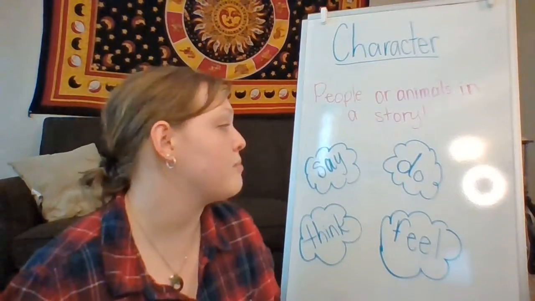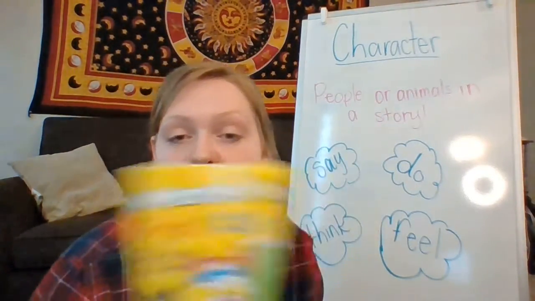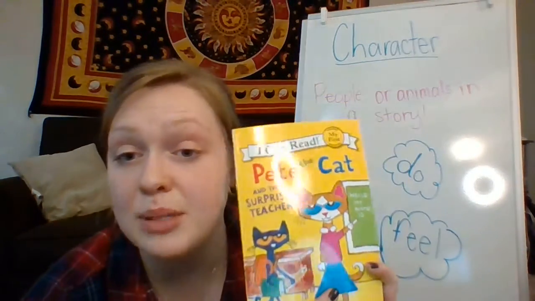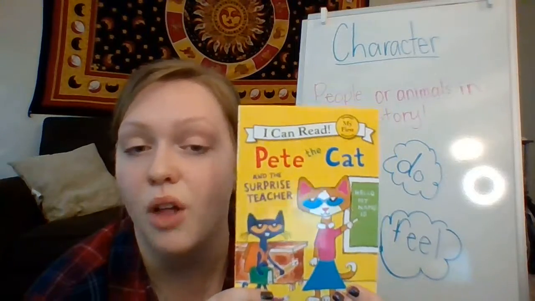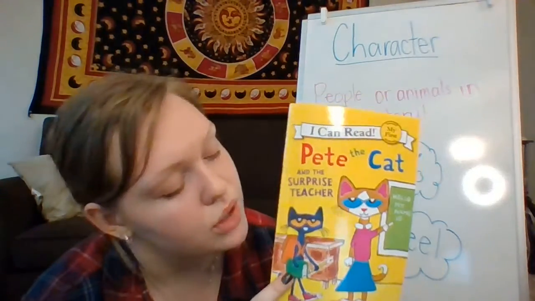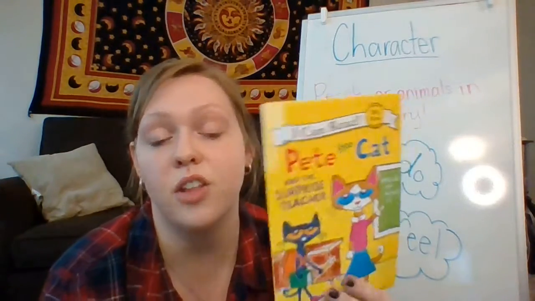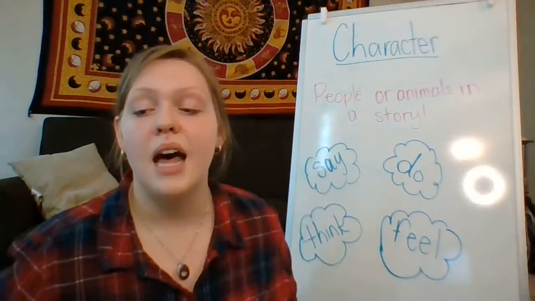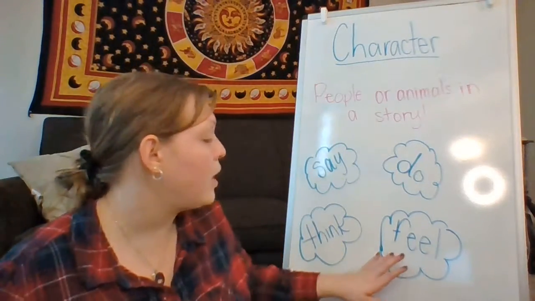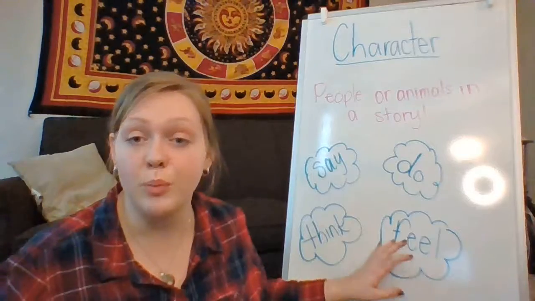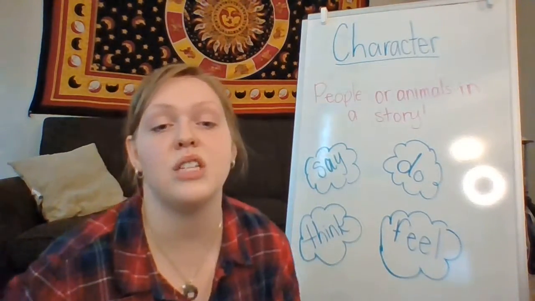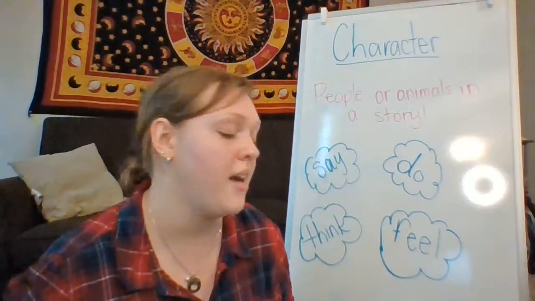We also take a look at some things that people do. We know that throughout this entire story, Mrs. Cat was the substitute teacher, and she was taking them to all their different classes. We also know that Pete was helping her find all these classes, and the class was going with them. So those are the things that they did. We talked a little bit about what they were feeling based on their pictures, but in terms of what they're thinking, we may not know that based on this story, and that's okay.